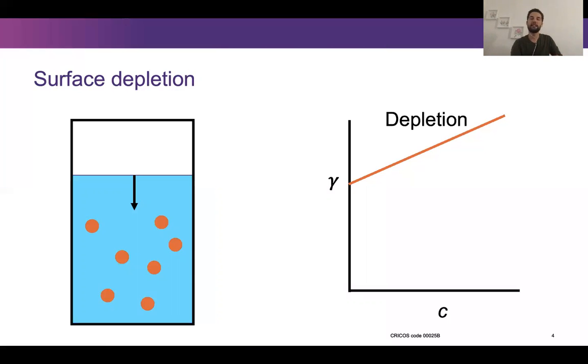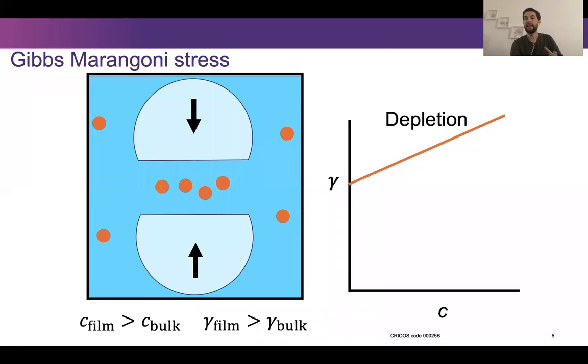And so what Marucci said was, well, let's think about what happens as two bubbles come together and coalesce or merge. And the basic idea is that as they come together, a thin film between the bubbles will form, and that thin film of liquid will need to drain before the bubbles can coalesce or merge to form one larger bubble. And as this thin film drains, what Marucci pointed out was that there will actually be an increase in concentration of ions in this thin film. And that's because